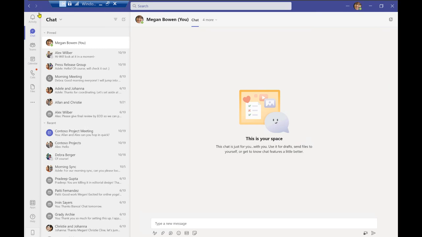And under our navigation arrows, we have our basic features in Teams. So we have our activity function, our chat feature, our teams and channels, which is what we're going to be focusing on today, our calendar function, our calls, and our files. Now, as I was saying before, our main focus for today's session will be our teams and channels. So I'm going to go ahead and select that over here.